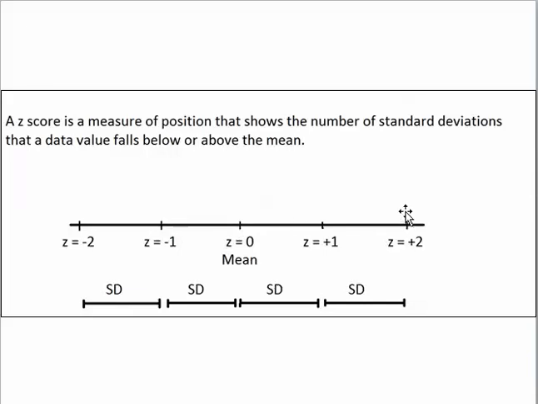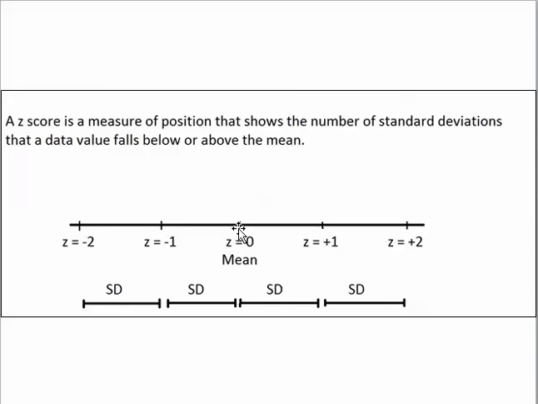A person in the city with an age of 50 has a z-score of +2, because that person is two standard deviations of 10 above the mean. 30 plus 10 is 40, and 40 plus 10 is 50. Finally, in that city, a person with an age of 10 has a z-score of -2, because that person is two standard deviations of 10 below the mean of 30. 30 minus 10 is 20, and 20 minus 10 is 10. Overall,